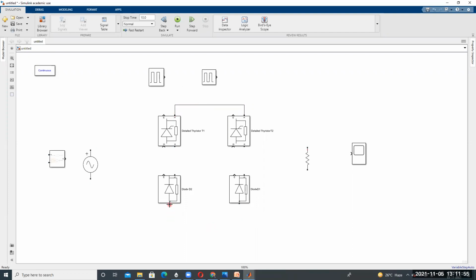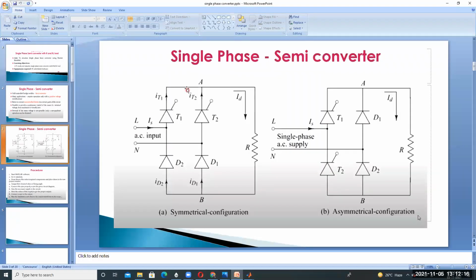Similarly here also, I'm connecting these components like this, and here in this manner. This connects across the thyristors. So this connection is over, and this connection is over.